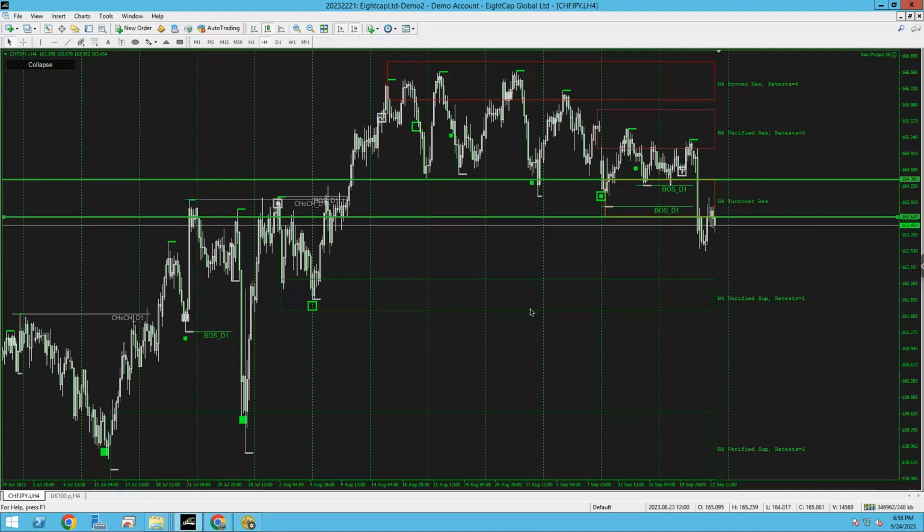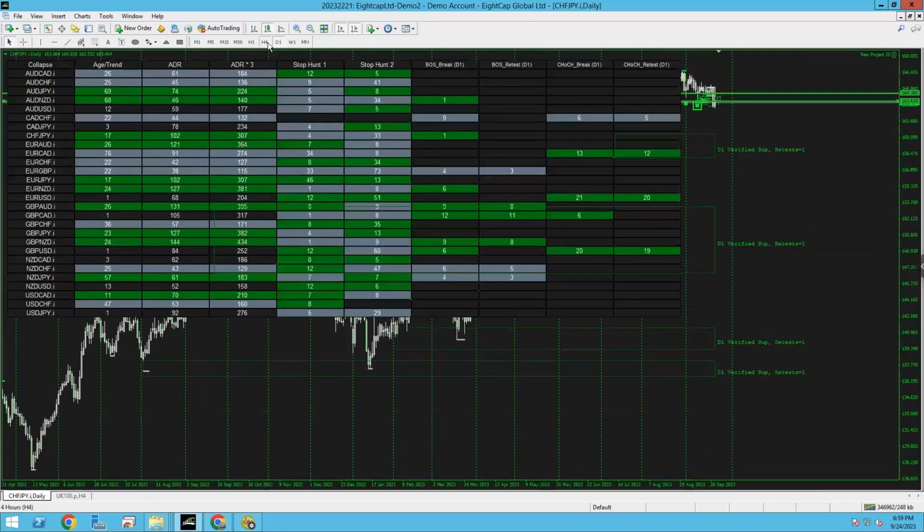I'm not saying everything here for no reason. I've used multiple different variations to confirm that this Asian trend is showing us this setup is about to appear. I have not only just used one. I want everybody to understand that. I've used multiple different variations to say, wow, it's showing me this, it's showing me this, and it's showing me this. And Neo's showing me this in one go. Do you understand? So boom. All right, cool. So that's that one there. So that's CHFJPY. Let's just keep moving.